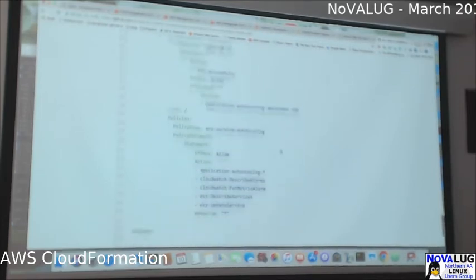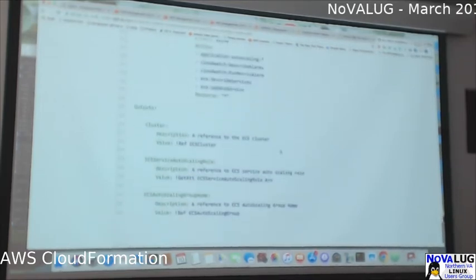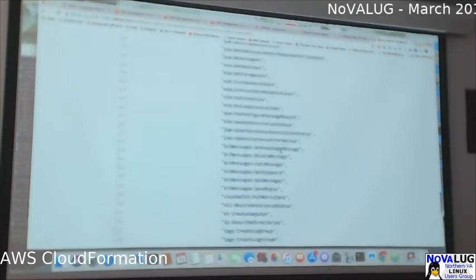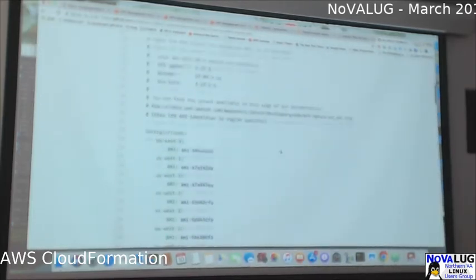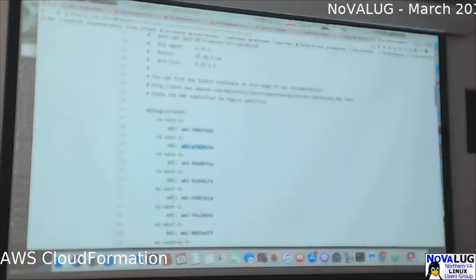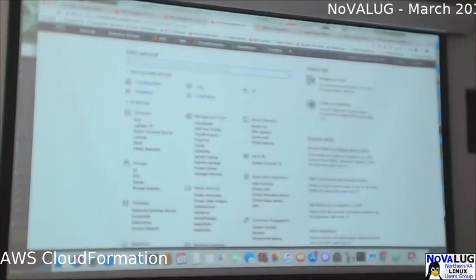Let's go a little bit further. What we're going to do in a minute is get one of the AMIs and find out what that actually is. So that's an example of launching an ECS cluster. Let's go back up here to the AMI mapping for US East 1. Let's pick that one. Let's go up to here. Let's say I was going to launch